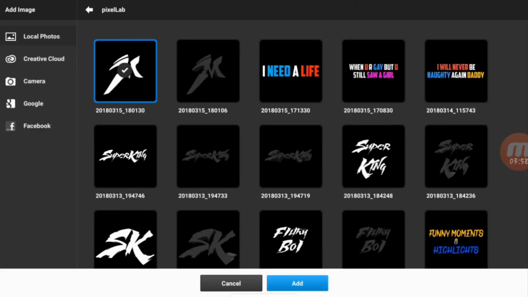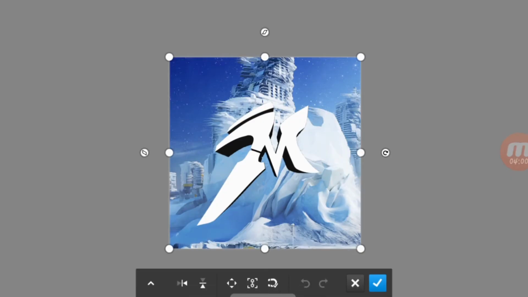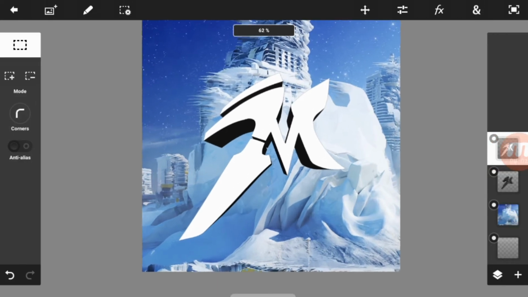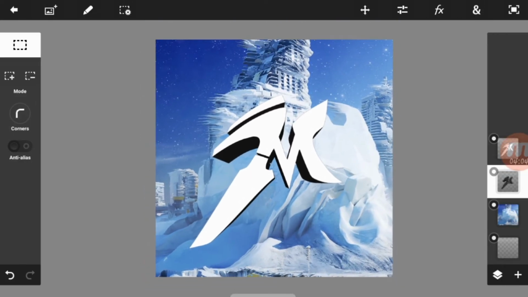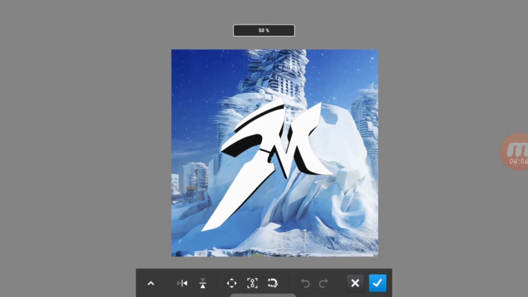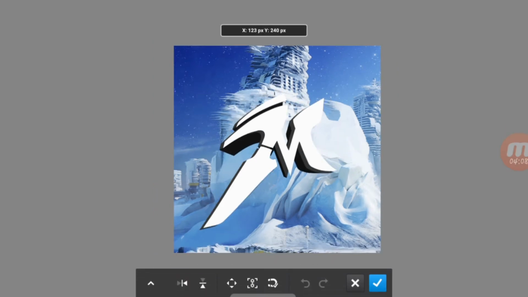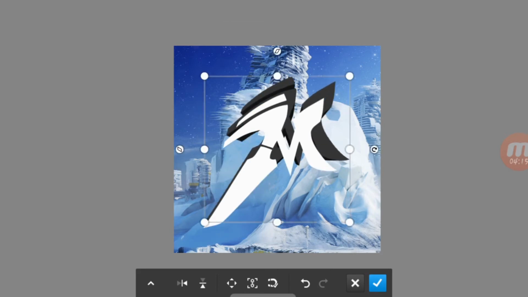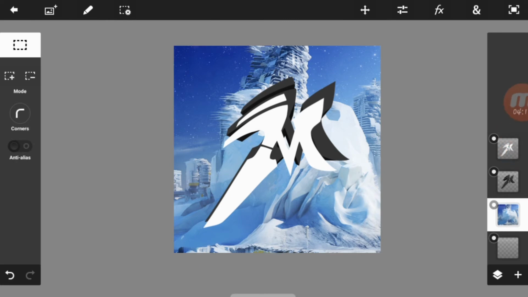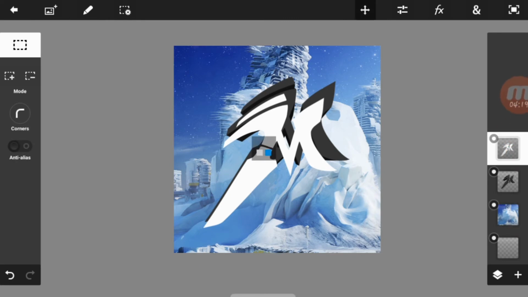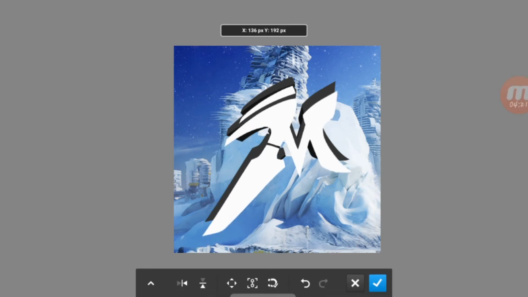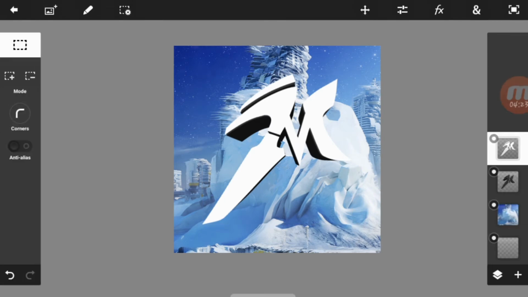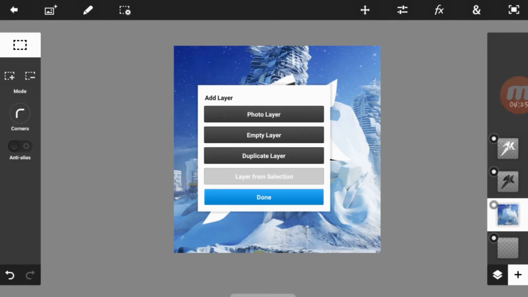And it's placed. Now we're going to set its size and place it properly. Make it a little bit bigger as you like, and then place the other one properly. Now that it's placed properly, what you're going to do is go to this plus button and make 2 duplicate layers, and then